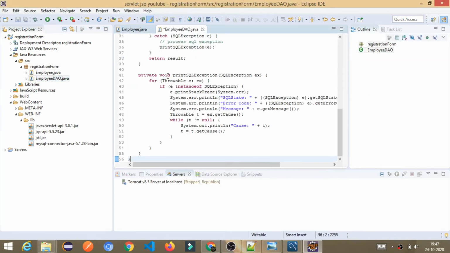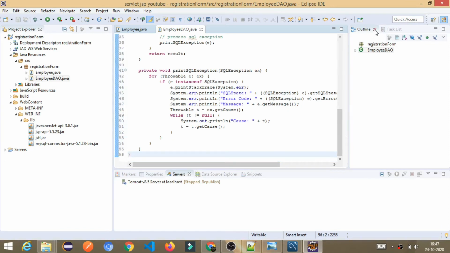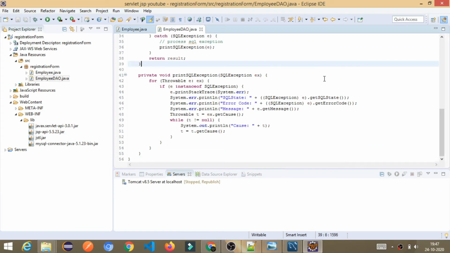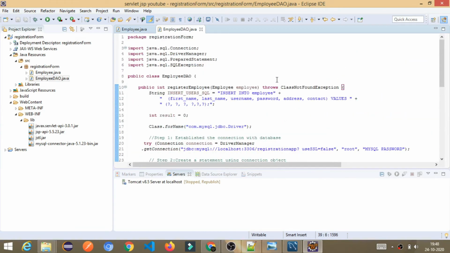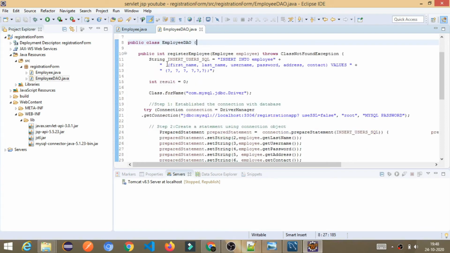Paste the code here and close the extra tab so that you can easily see what is there. The very first thing, I have written a simple SQL insert query and stored it in a string. This is responsible for inserting the employee data: first name, last name, username, password, address.